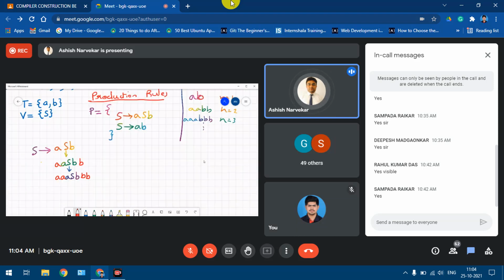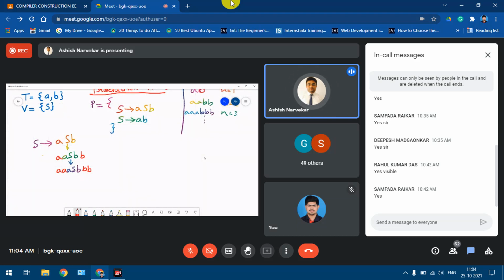We don't want it to just continue. What I can do here is use the second production rule. I can replace this S by ab, with the earlier ones. That is, there are three a's, and then there are three b's. So this is a string that can be derived. If you go and see, this is a raised to 4, b raised to 4.